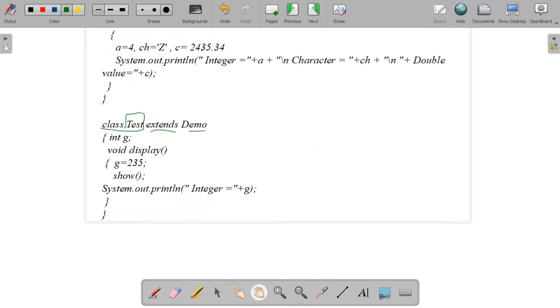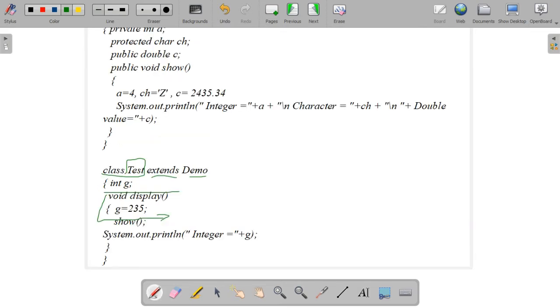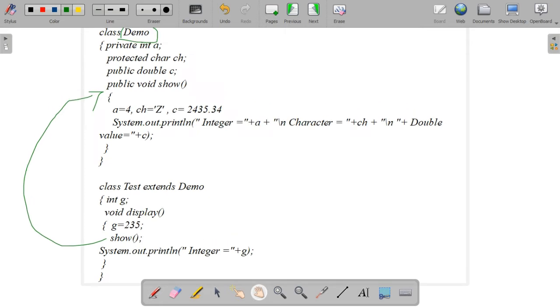In this class we declared an integer variable g and a void display method, and inside the method we have initialized g equal to 235, and we are calling the show method. Which class does show belong to? Show is called from the parent class, that is, it belongs to the superclass. We just call the show method inside the display method and print the value of integer g.